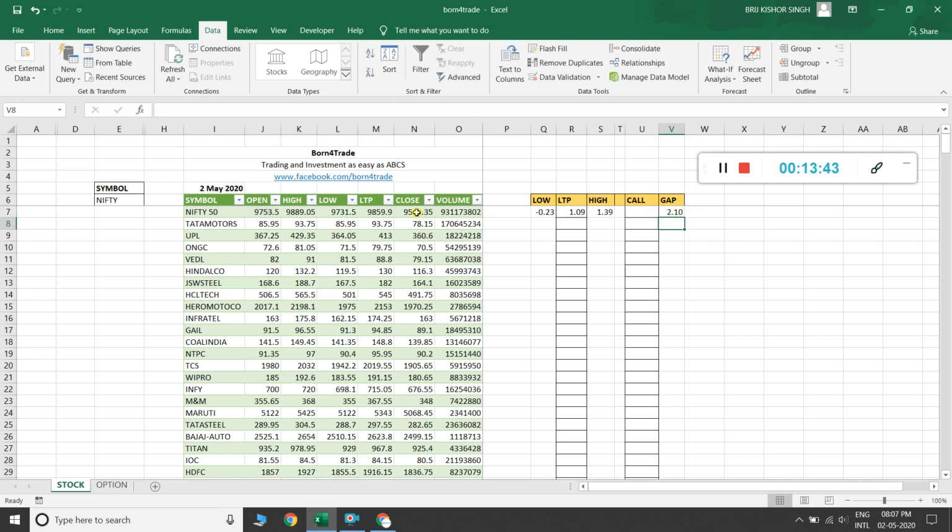That means it closed here and made a 2.1% change, and opened here, it appears positive, it means a 2.1% gap on the upside. If it appears as a minus value, then it means a percentage gap on the lower side.